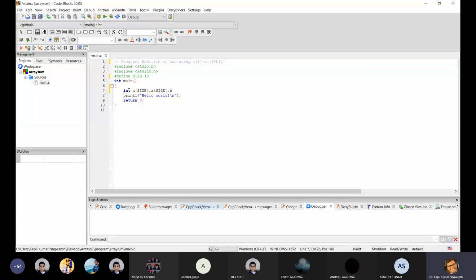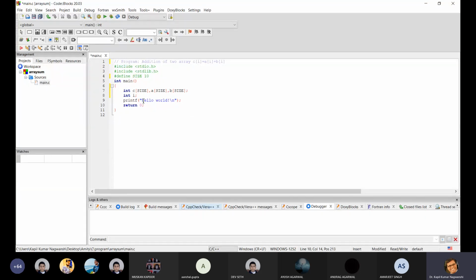C, A, and B. So this is our declaration for addition of two arrays. Now we require a variable for the loop. I had written it in two different lines; there is no such requirement to write in this manner.